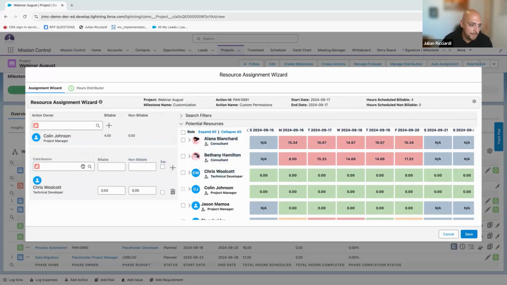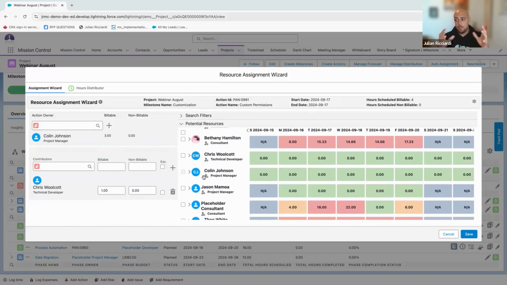So what I could do is grab him, add him as a technical developer, and let's say I want to just give him 1 hour, and I can see the hours that have been split between these two resources. So let's say if you're working on a little bit more granular level, it's really easy for you to set up these views and individually